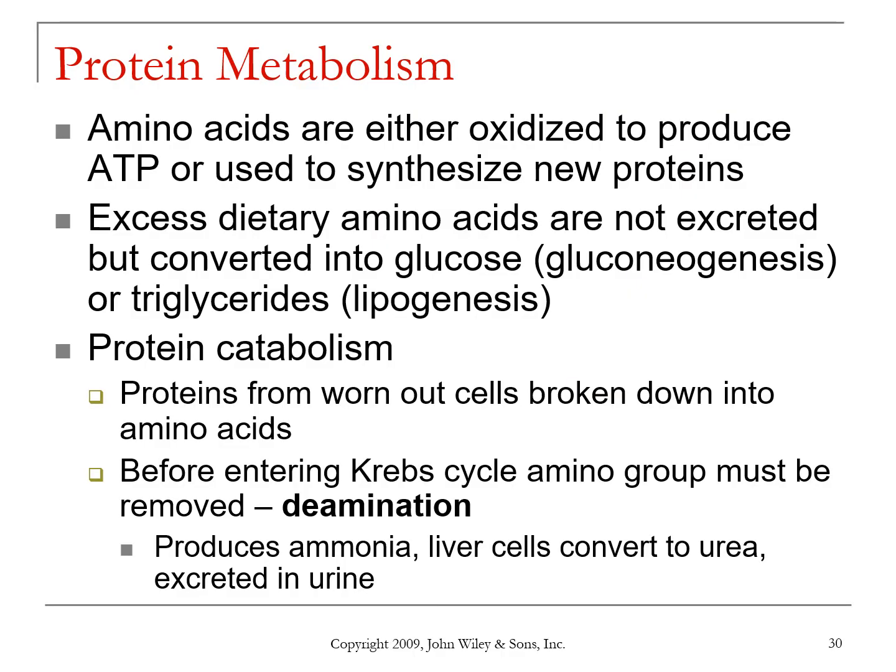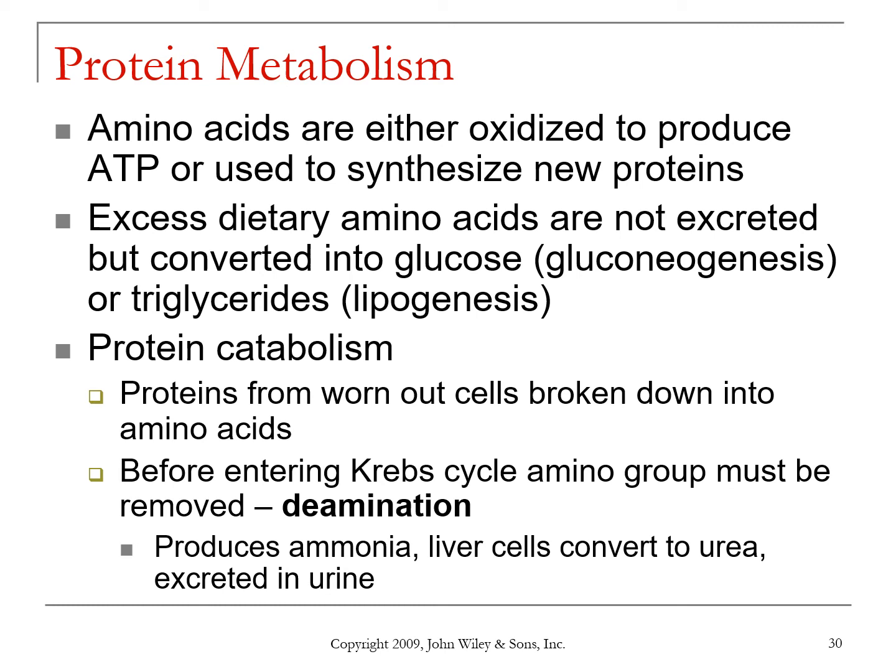So we mentioned before that amino acids can be oxidized to produce ATP, but mainly are used to synthesize new proteins. Excess amino acids can be converted into glucose when necessary and stored as triglycerides during lipogenesis. Now, in the breakdown of proteins